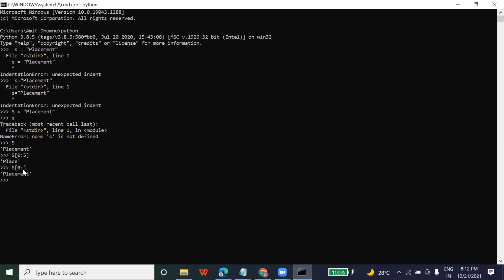Now suppose I change the value of s from placement to interview. I'm taking interview as a string value and I press enter. So you can replace the value as well in Python. Now I'm pressing the page up button.